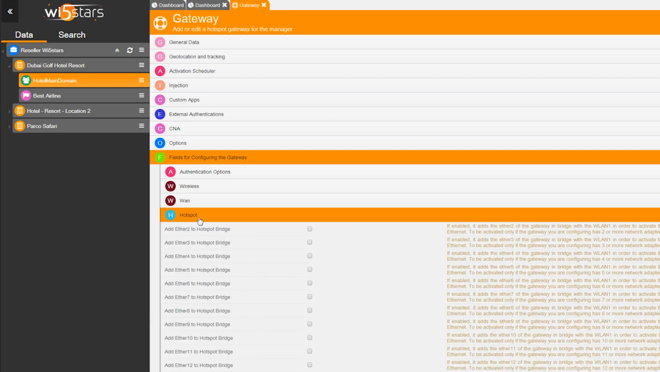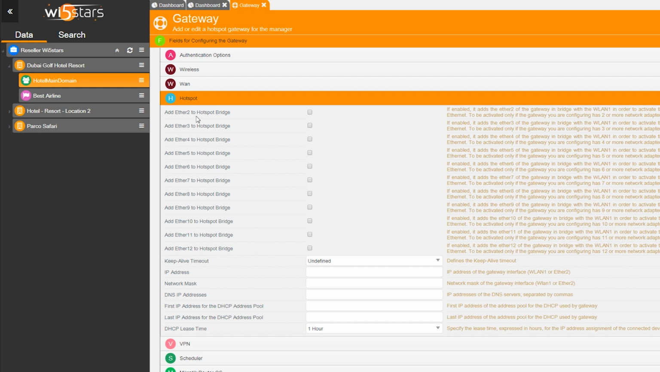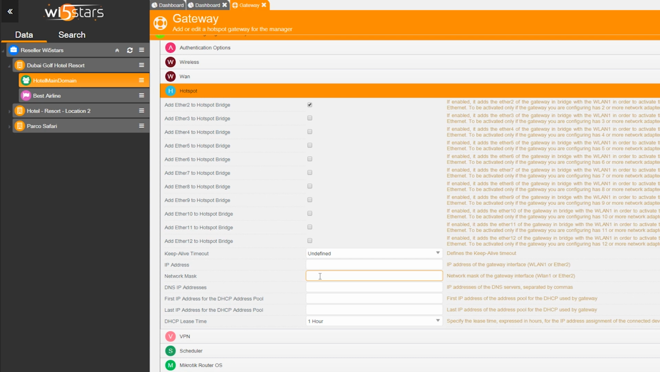Now we can switch to hotspot. So this is the configuration for the hotspot. The same way we choose the port for the WAN port, here we choose the port for the hotspot. So we choose Ethernet 2 in this case. What we need to do is also add an IP address. Very important thing here is that you need to use a different subnet for this IP. So in this case we use something like this. This is the subnetwork mask,